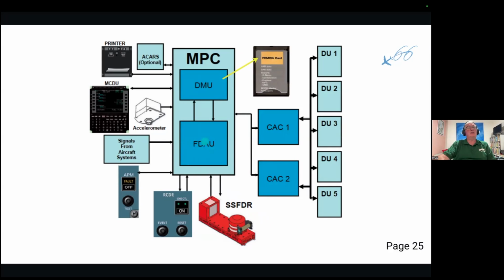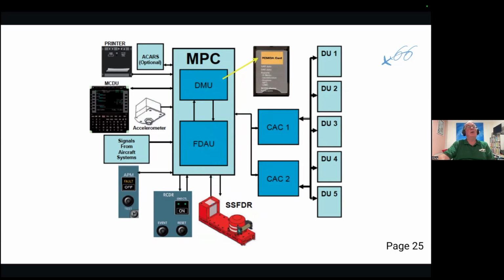So all the information goes into this MPC, gets converted into one common language in the flight data acquisition unit, ones and zeros, and then gets sent to the DFDR